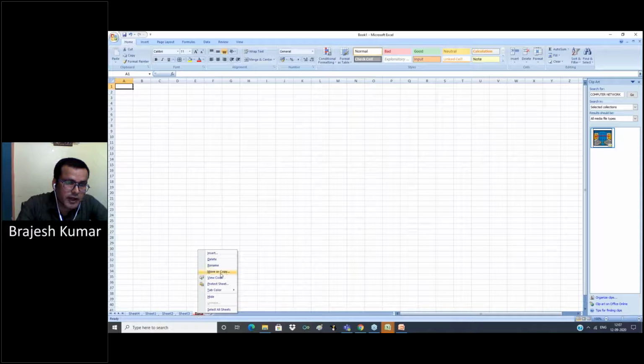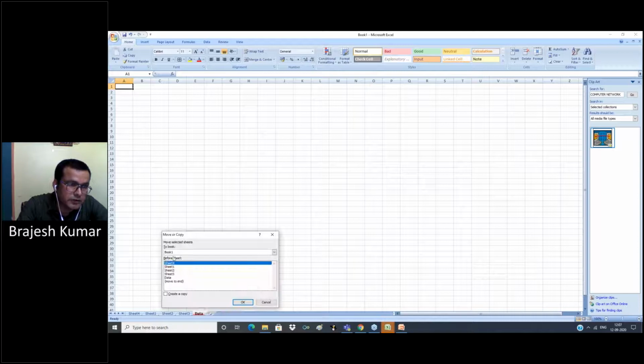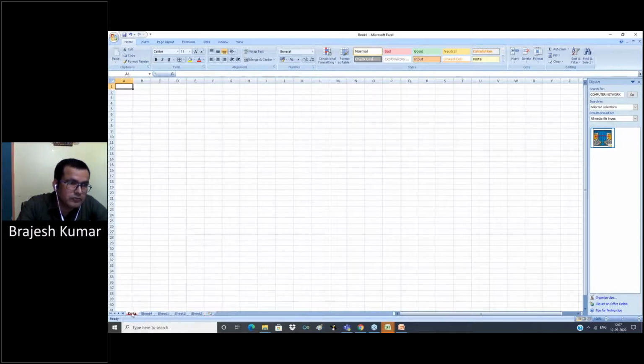To move or copy, click on move or copy. And where do we want to move this data sheet? We want to move to Book1, file name Book1, before sheet 4. Okay, now first sheet is data sheet.